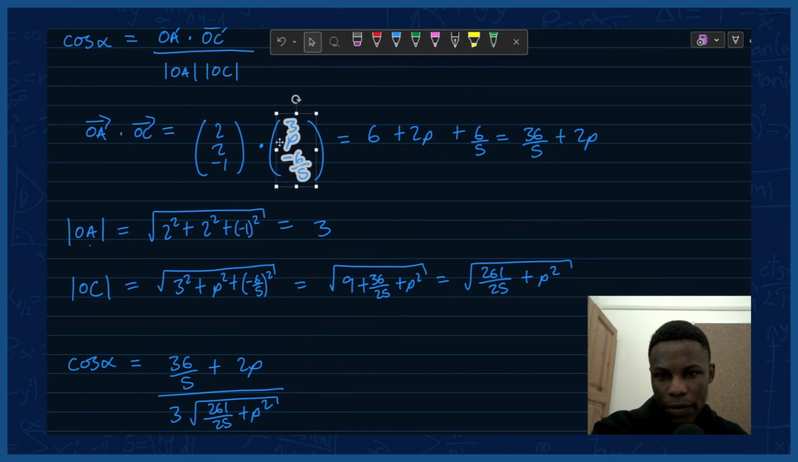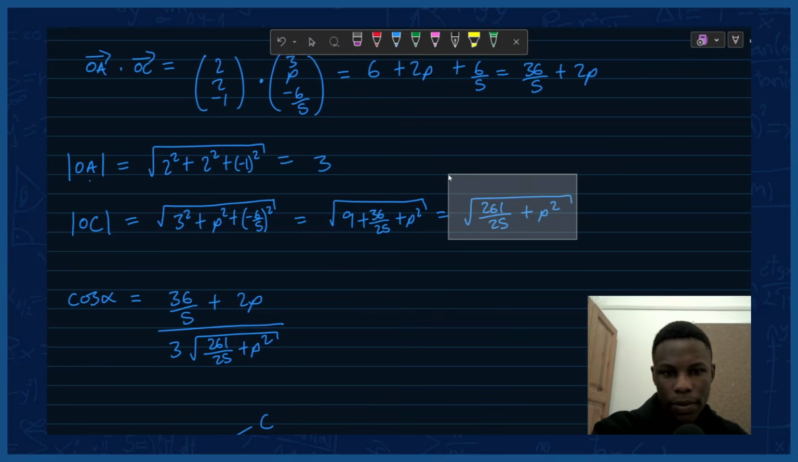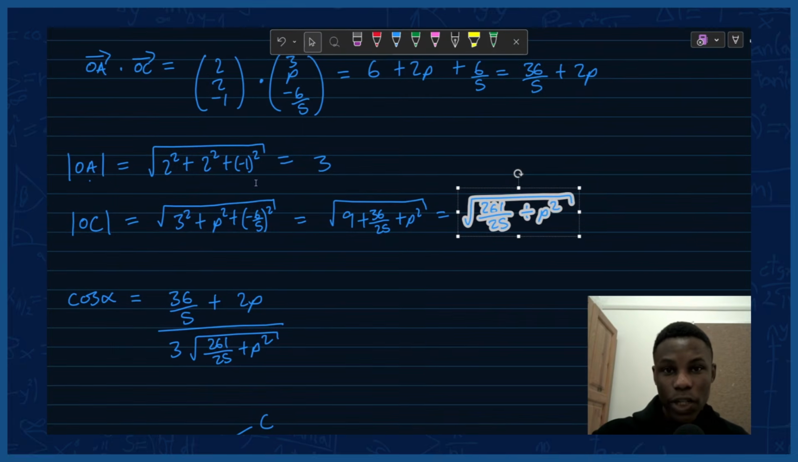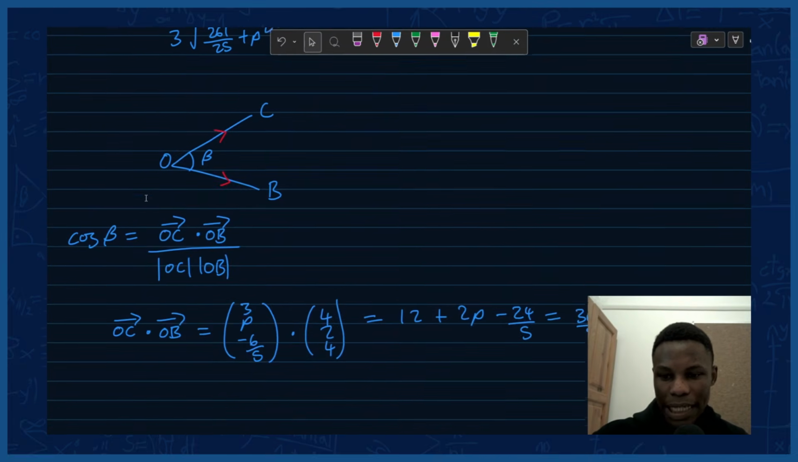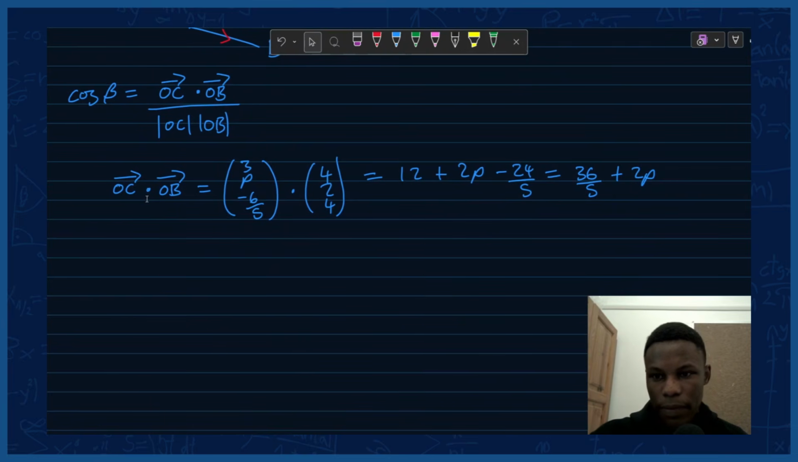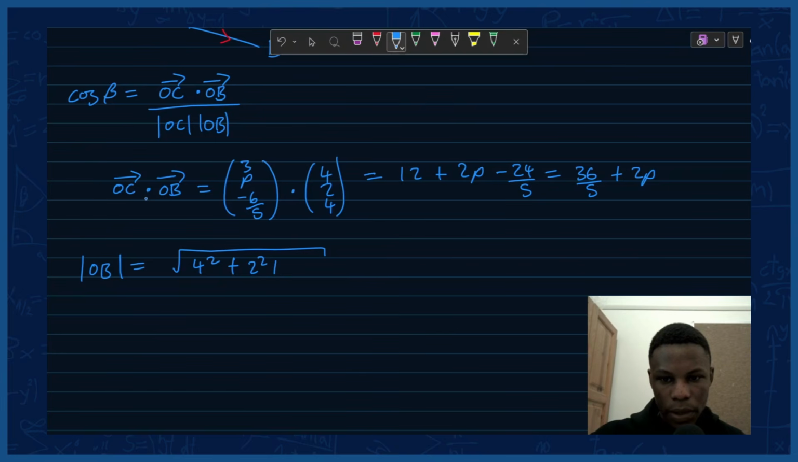And we did use these values to calculate OC. Okay, so that's on me. This is the magnitude of OC. So we already know the magnitude of OC, and we need the magnitude of OB. The magnitude of OB is going to be the square root of 4 squared plus 2 squared plus 4 squared,